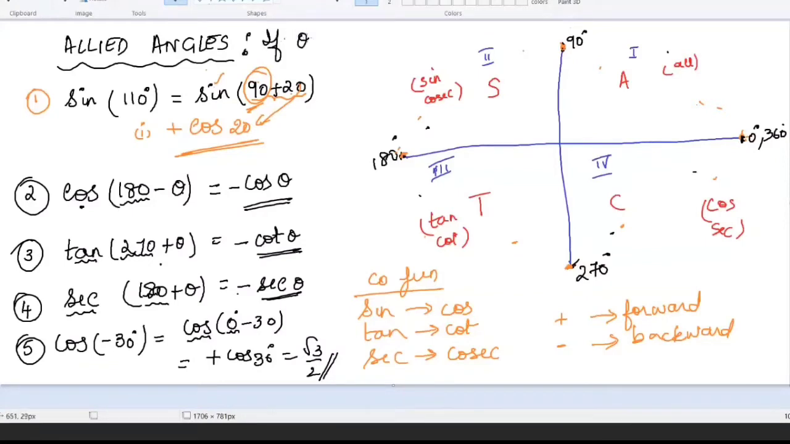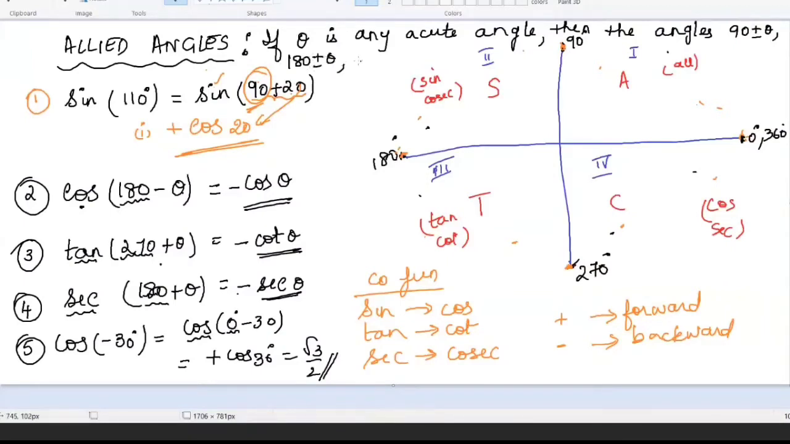If theta is any acute angle, then the angles 90 plus or minus theta, 180 plus or minus theta, 270 plus or minus theta, 360 plus or minus theta, and so on, you write, are called